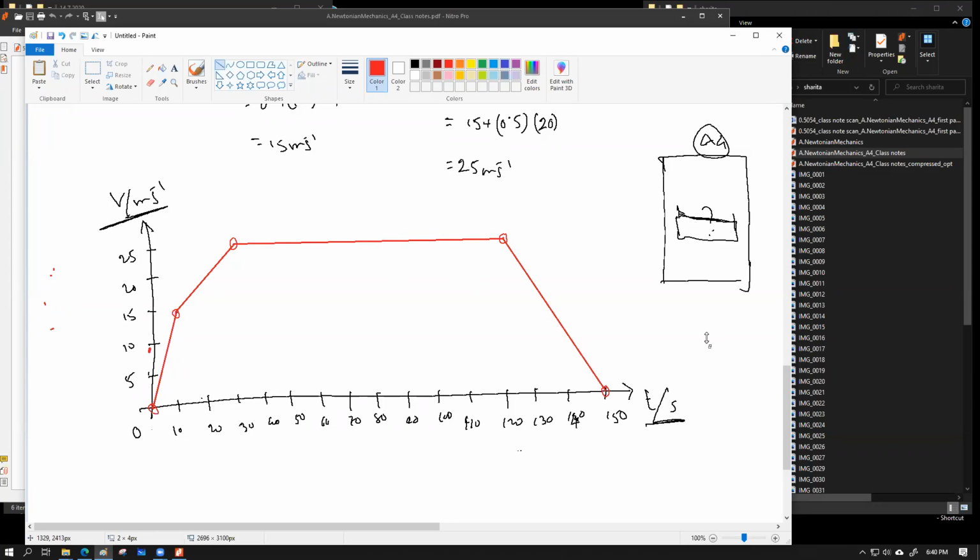So this is how my graph should look like. Any questions so far? No, sir. ঠিক আছে।